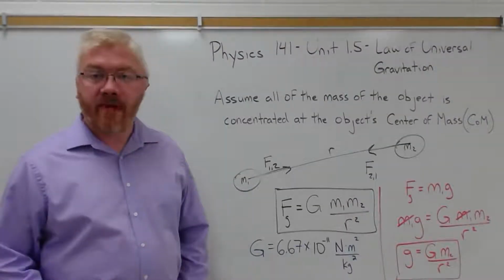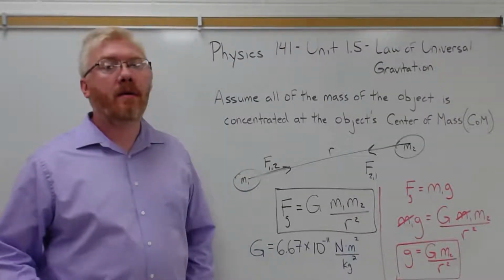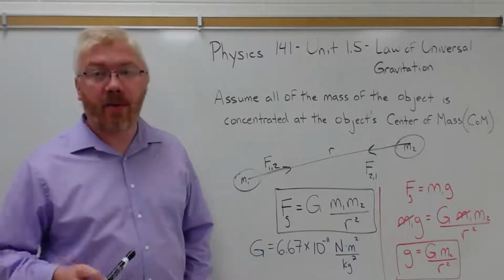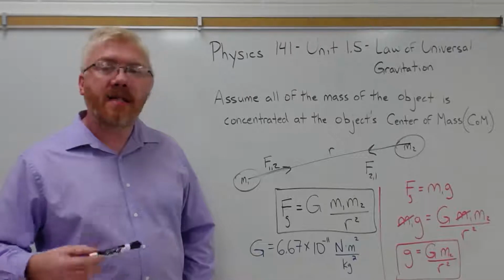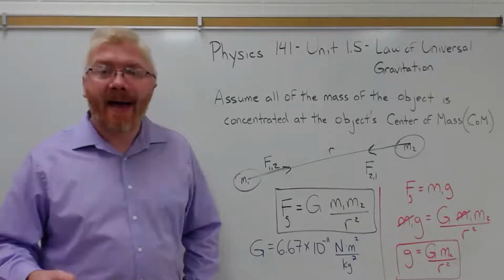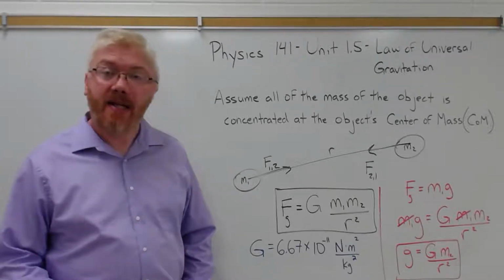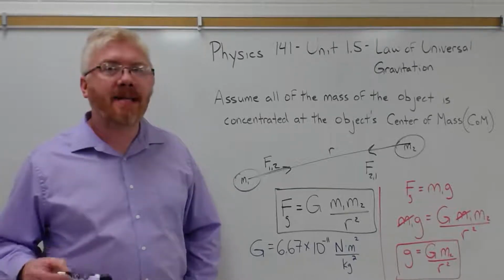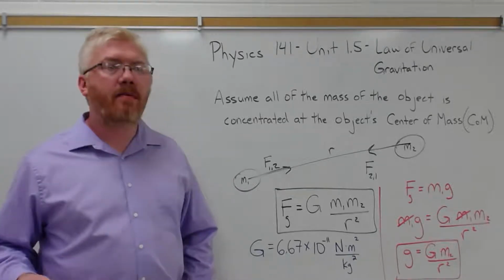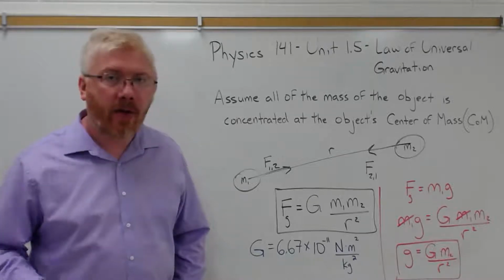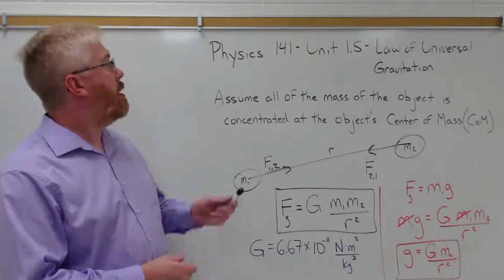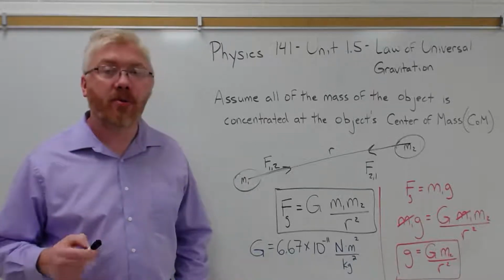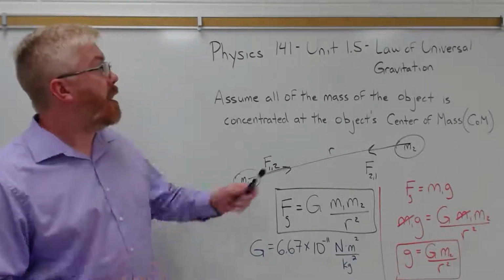We talked about gravity earlier, and we talked about how gravity and weight, according to your textbook, are the same thing. Easily calculated by multiplying the mass by the acceleration due to gravity, g. That works on the surface of the Earth, but that's not really the way you want to calculate gravity ideally. Newton came up with a way of actually calculating the gravitational pull between two objects, and he called it his